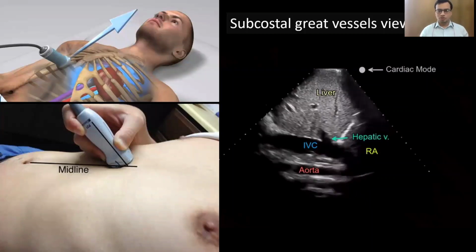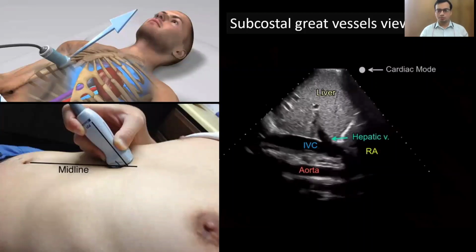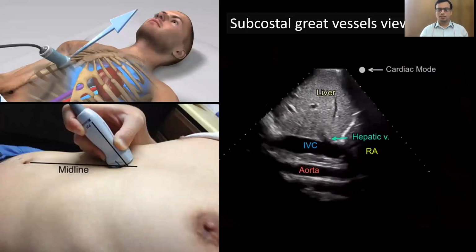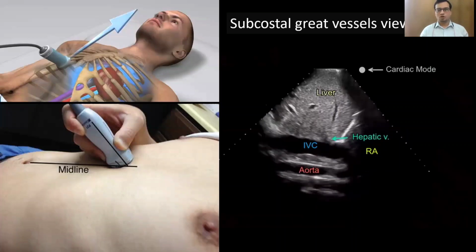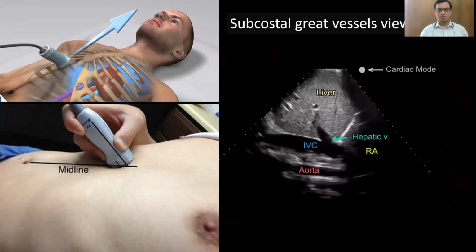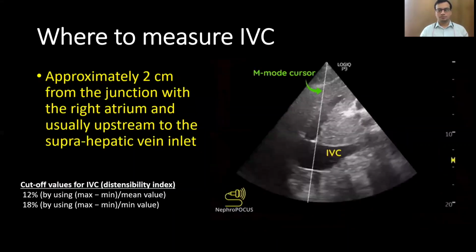From the subcostal view of the IVC, the subcostal view of the abdominal aorta is also obtained by angling the sound beam to the patient's left side. Slight adjustment in the angle and rotation may be necessary to demonstrate an elongated abdominal aorta. And in this picture, you can see the IVC, aorta, and hepatic vein all together below the liver. How will you differentiate IVC from aorta? By its pulsation, and also by putting on pulse wave spectral Doppler.